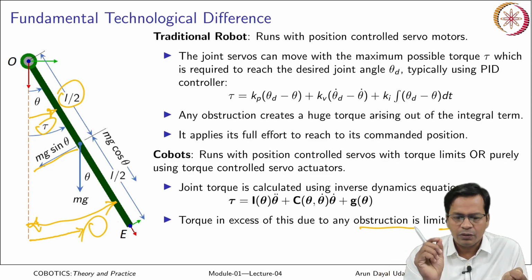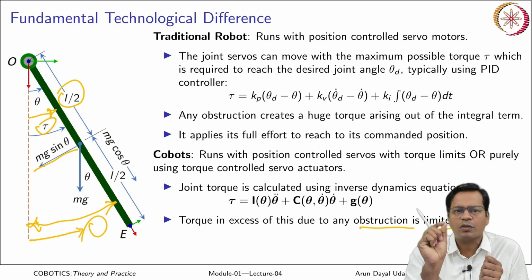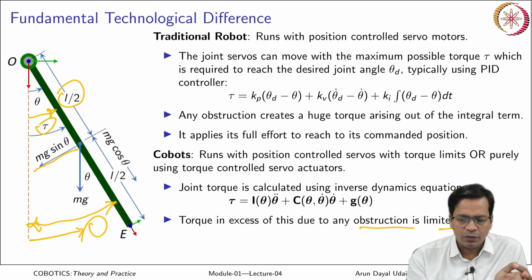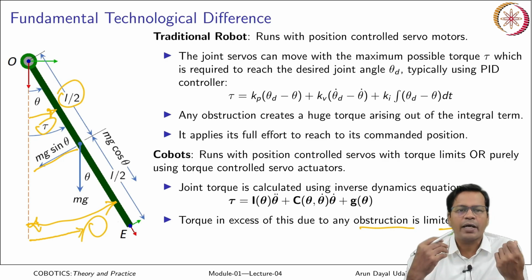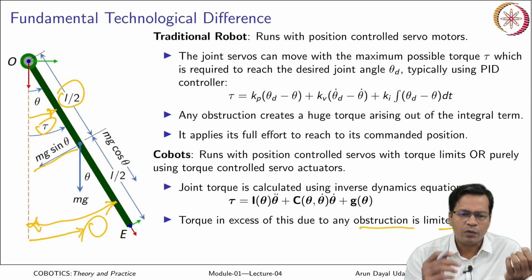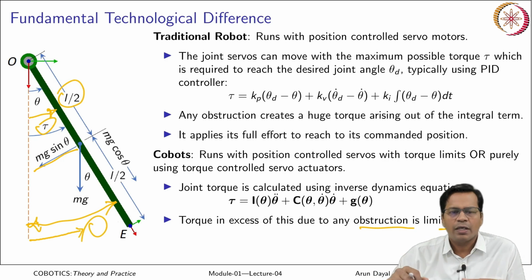That excess torque the robot cannot provide, or it can provide only a little bit on the higher side. So in that case, the torque error is very small, the difference between the desired torque and the actual torque. Because it cannot provide that much torque, the robot stops there, and while stopping, a very small amount of current goes to the robot joint to maintain that position, and that makes the robot and the motor safe. In a collision, because it is not servoing for position, it is not applying its full effort to reach the commanded position. It only applies the amount of torque required to go to a particular place, not the full effort.